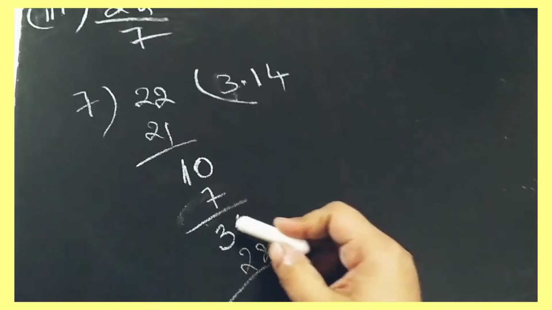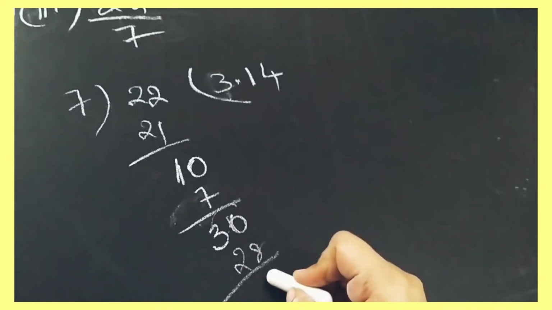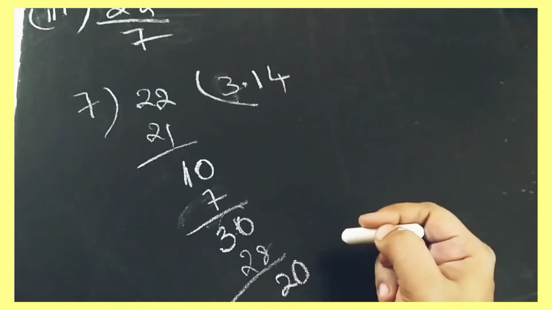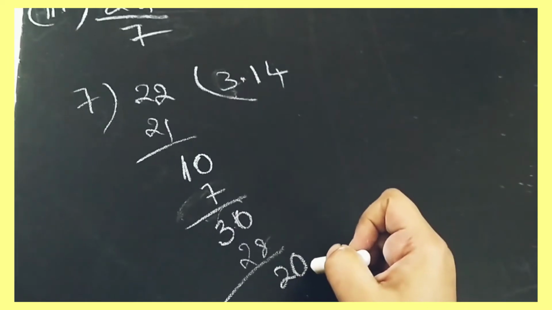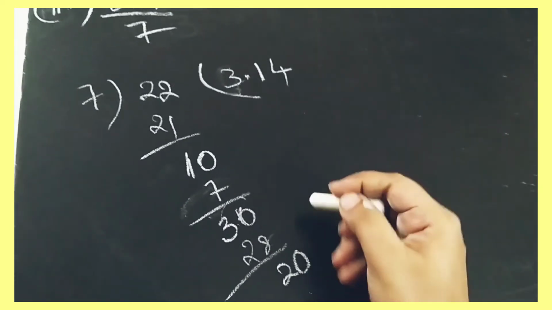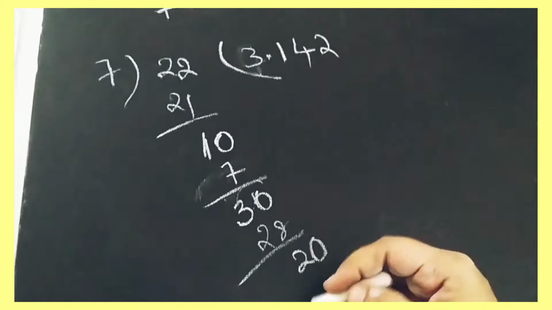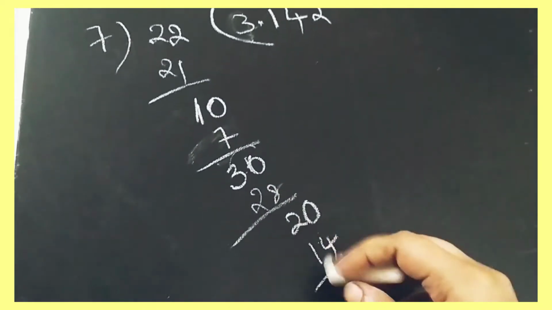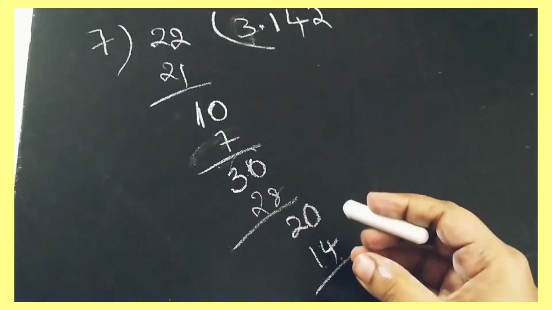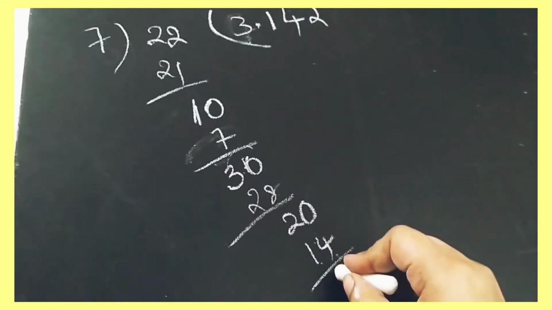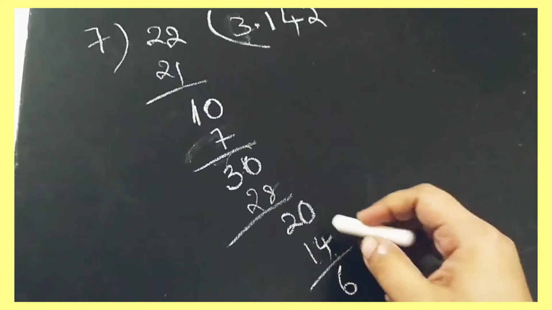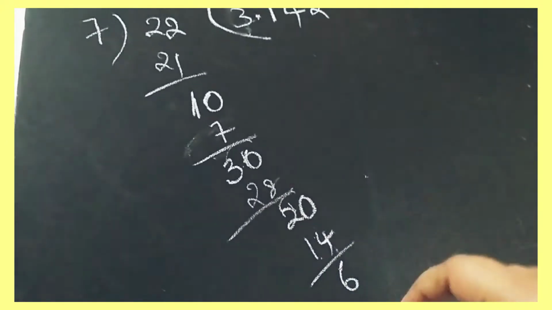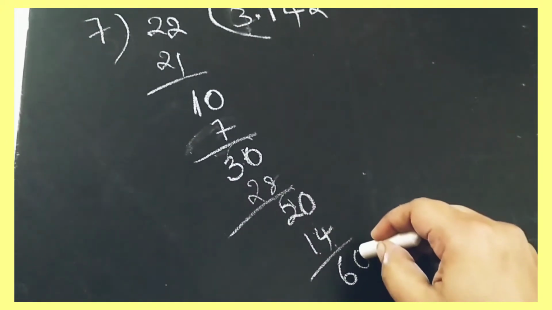Now 10 minus 8. 10 minus 8 is 8, 9, 10. It is 2. 2 minus 2 is here 0. Again we have to write here 0. Make this 2 as 20. Again 7 2s are 14 we can take. Now it is 14, 15, 16, 17, 18, 19, 20. It is 6. 20 minus 14 is 6. Or you can do 10 minus 4 here by taking borrow here. So 6. Again 60.